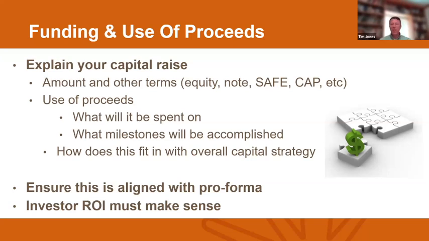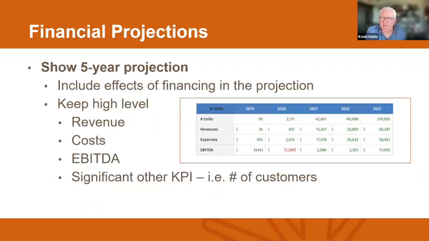Kevin, looks like you got something to say. Yeah, it was actually on your last slide on financial projections. One of the key things that is a little bit different in the life science area that people need to be thinking about early is their reimbursement strategy. How to talk about that reimbursement strategy and convey that you've done more than find a code that might fit what you do, because that ties in a big way to the believability of your revenue and the fact that people will move. So, it's a big thing.